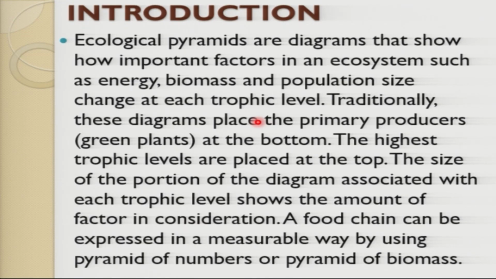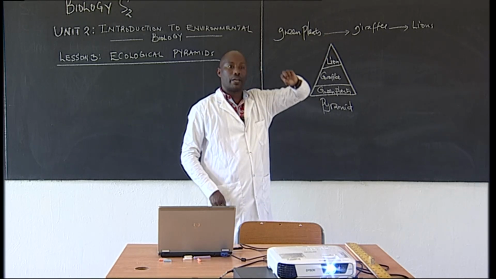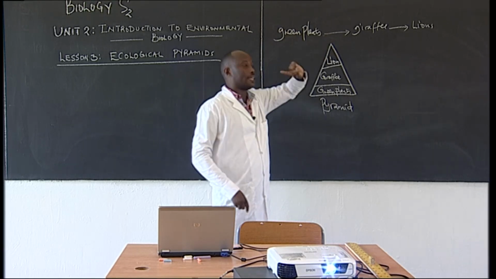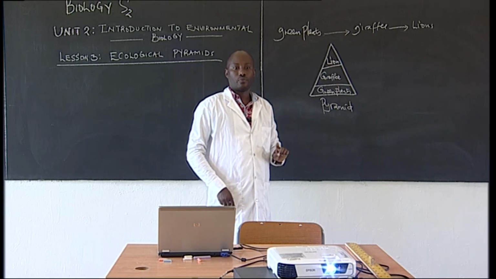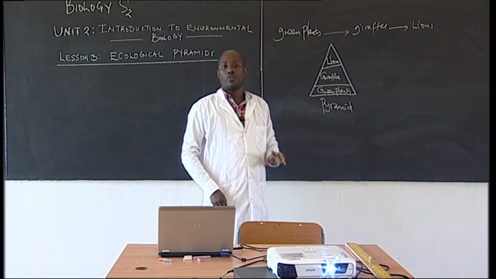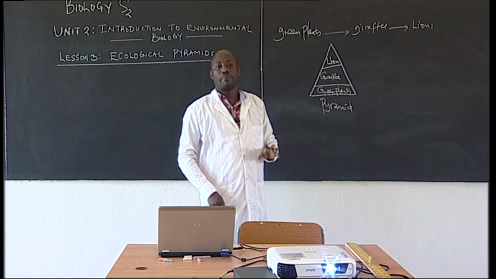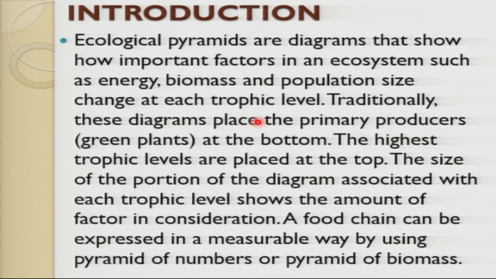Okay? So a food chain, as I told you, is an energy sequence. You remember when you read these arrows, this shows "eaten by." The green plant is always the initial organism in any food chain because it can make its own food. A food chain can be expressed in a measurable way by using a pyramid of numbers or a pyramid